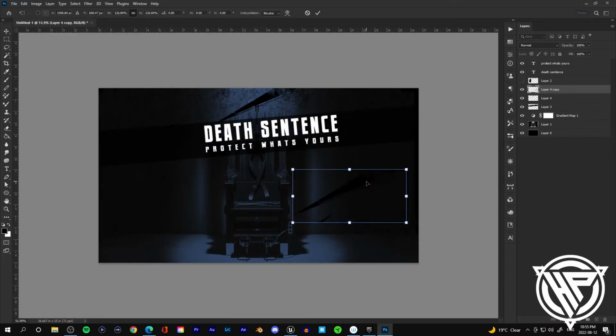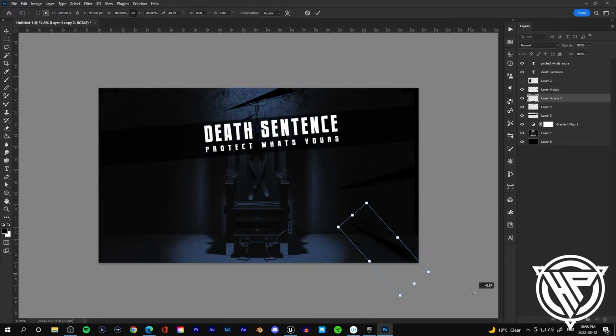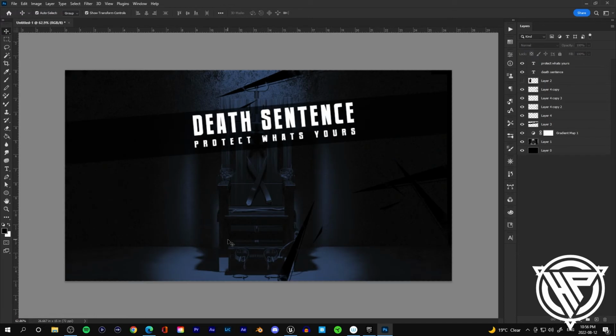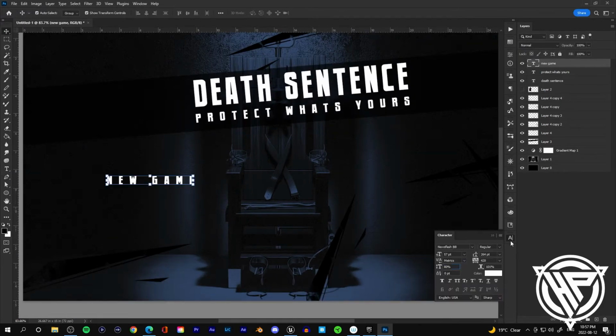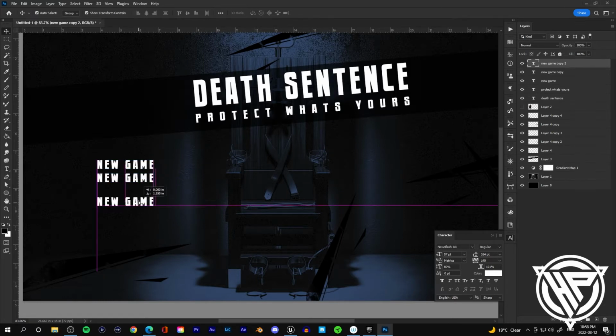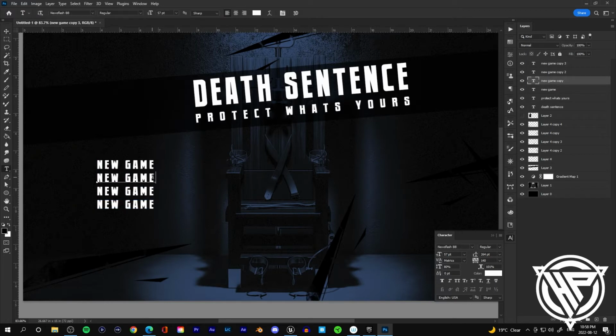Up to this point, it's all up to your own creativity and exactly how you want to do it. Okay, so now that we've got our background somewhat fully designed, I want to jump into creating the button layout. So now you're going to hit your text tool and create a few different buttons. We're going to create new game, continue, load game, options, credits, and quit, like you see me doing here